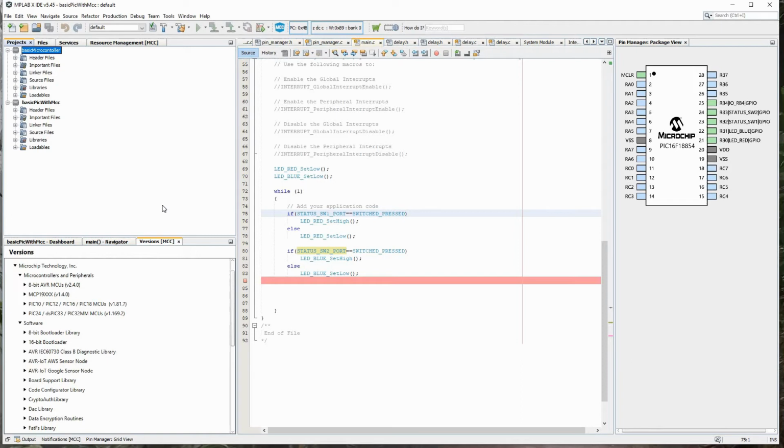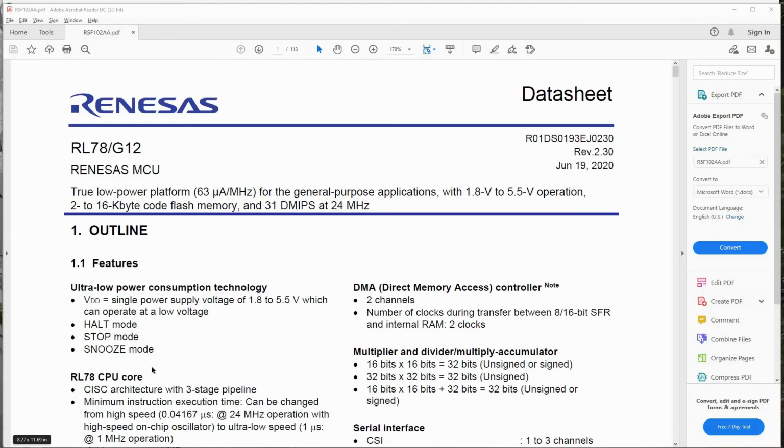Let me do the same code in Renesas and you will be able to see how we can do it in Renesas, and it is not very difficult. And I also mentioned that if you write it in a structured way, shifting from one microcontroller to another one is very easy. So now I'll show you how to write the code in a Renesas microcontroller. As discussed earlier, I'll write the same code on a different microcontroller with a different IDE, to show how similar it is to code on two different microcontrollers.